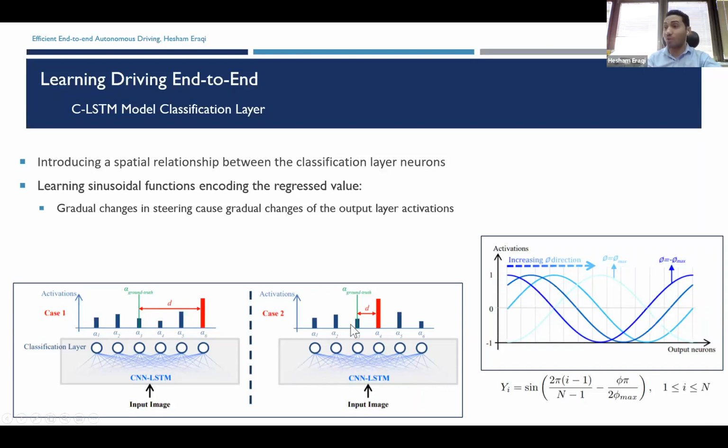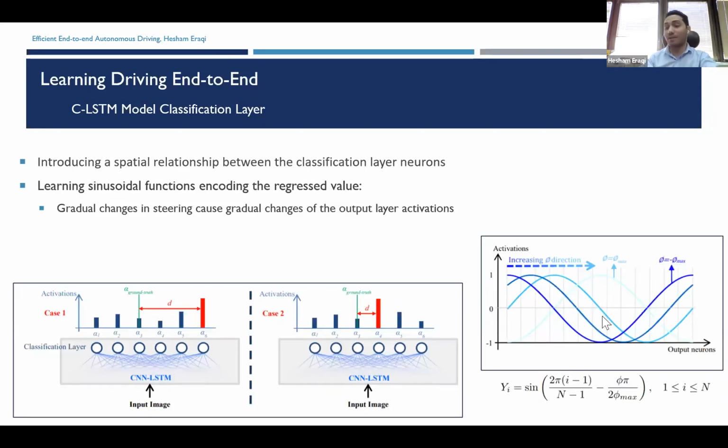And in case 2 you have an output like this, where you have a very high activation just near the ground truth neuron. The old loss functions will treat those 2 examples equally bad, while the second example is much better indeed. So our method is to try to learn some sinusoidal functions that encode the value to be